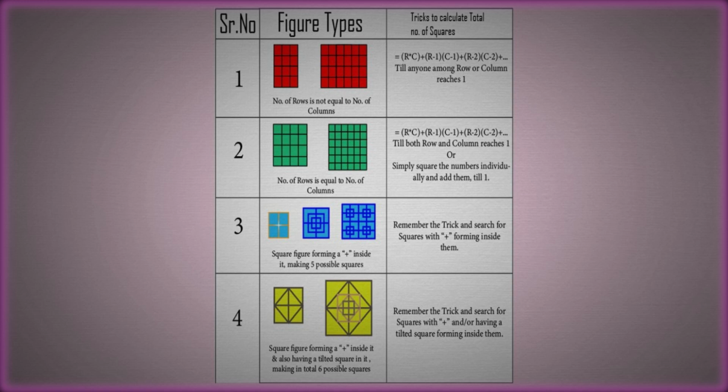In type 4 problems, there was an additional tilted square embedded inside the square from a type 3 figure. By remembering this concept in type 4, that this time the total number of squares formed in the simple figure is equal to 6, we can easily solve the type 4 problems with ease. And the trick to remember here is search for the squares with a plus sign and having a tilted square